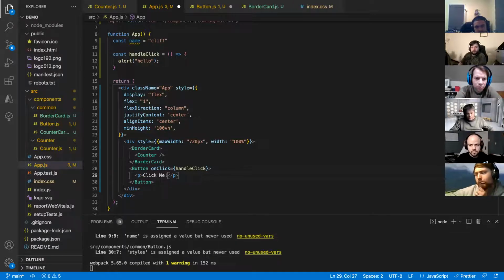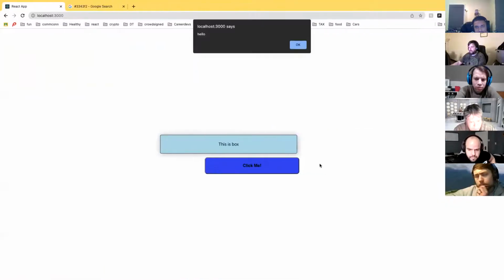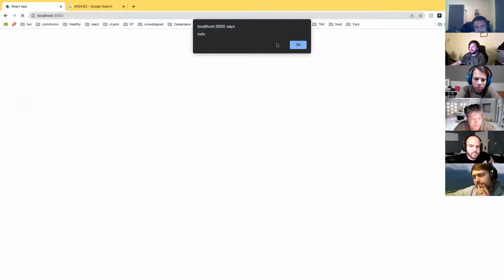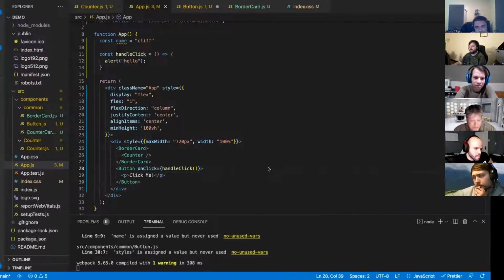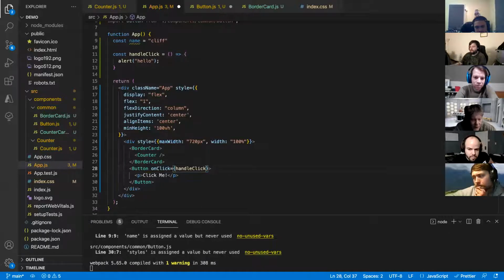What is the difference between executing the code or sending it? If I execute it, what's going to get sent to the onClick prop is the result of this method, the return value. handleClick doesn't return anything, so it's just going to alert immediately on load. I'm going to go ahead and load my site for you guys so you can see right away, as soon as I load the page, and every time I load the page, I'm going to instantly get this alert a couple times because it's going to re-render twice apparently, and then it loads the screen. I don't want that to happen. And then of course clicking actually does nothing, because I executed the function and the function doesn't return a function to actually run. It returns undefined. I think the better way of doing this,